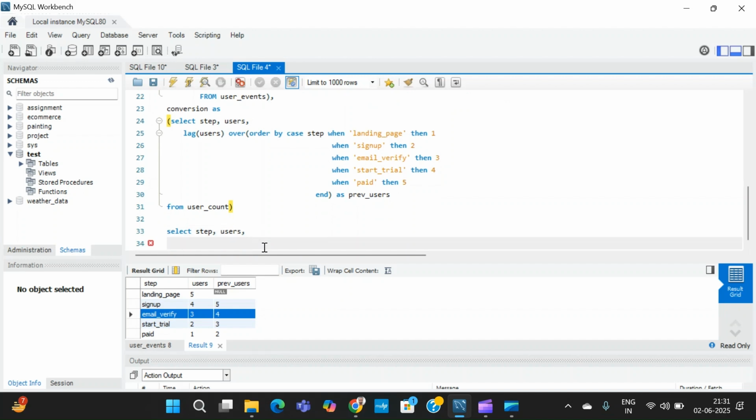And now I will divide these things. So users divided by prev user,